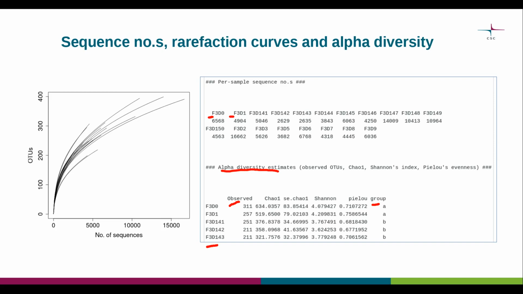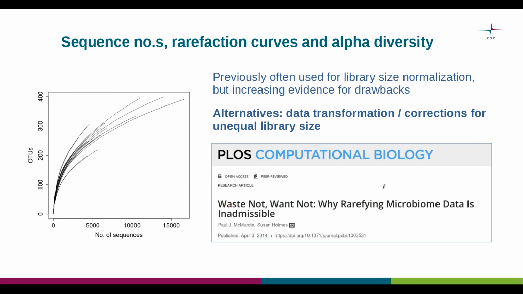If the lines approach the asymptote, this means that there are no more new taxa to discover. In practice with microbial datasets, that asymptote is very rarely reached. These types of plots are also useful for visualizing differences in sequencing depth within a given dataset. So in our case, certain communities have close to or over 15,000 sequences, whereas others have far less. So variation in sequencing depth is a source of uncertainty in microbial community analyses, and there are many different ways